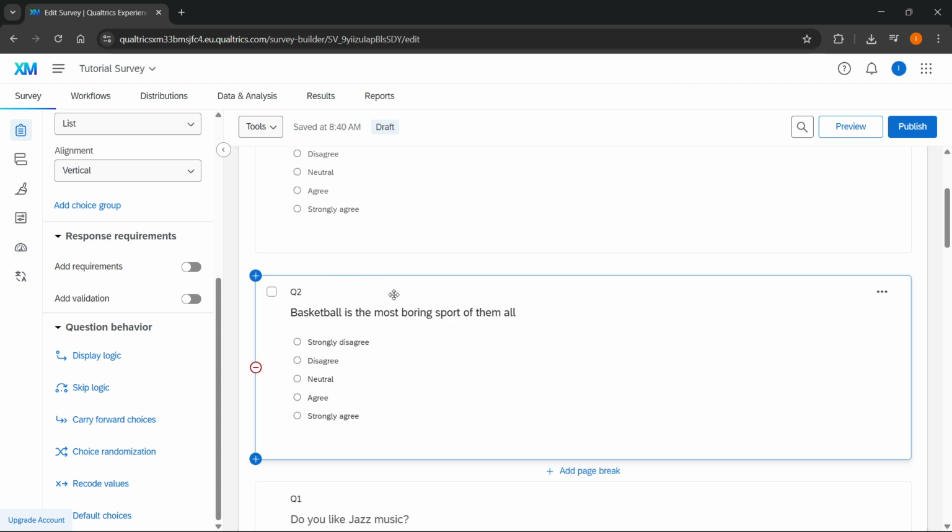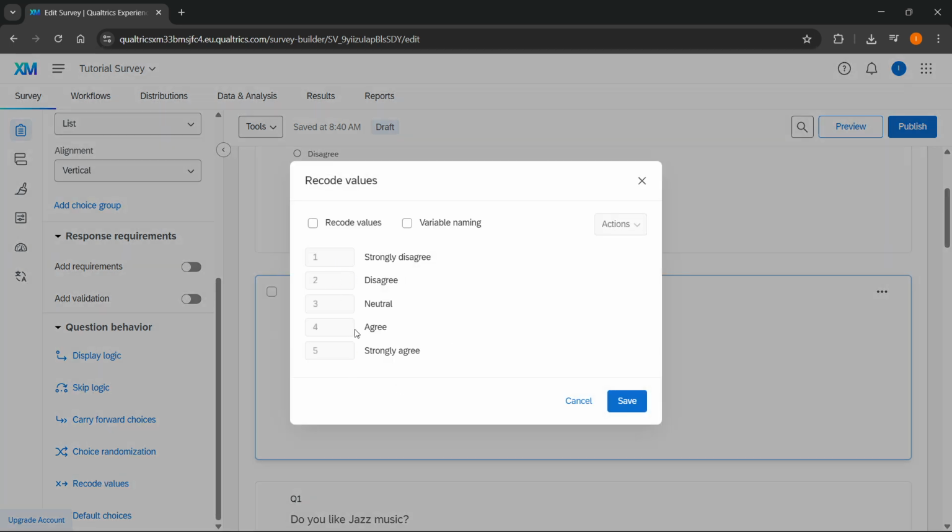Now let's do this. I'm going to click on the question. You want to go into recode values, and again, as we said, this is wrong over here. You want to click on recode values, and you simply want to manually do it. Now you have some actions over here where you can do a reverse recode values order, and it's going to do that automatically, just like this. And now, of course, you have 5, 4, 3, 2, 1, or you could just do it manually. Okay, so if you have it like this, you could type in 5, 4, 3, 2, 1 like that,